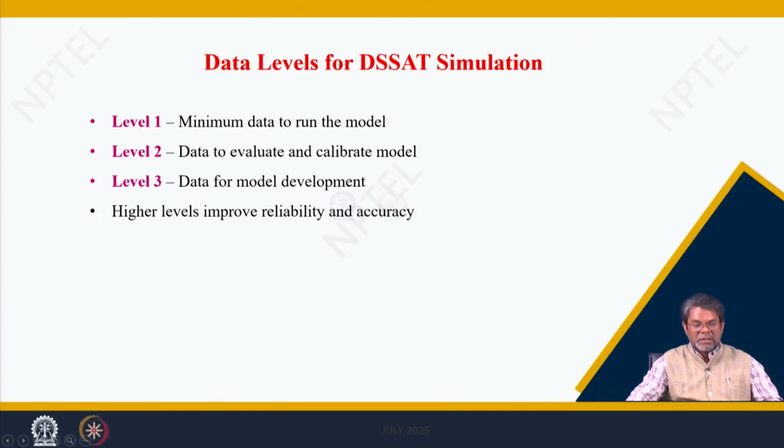In this case, label 3, model development, needs all experimental data, as we discussed in the previous beginning classes. So, depending upon the objectives of the model development, accordingly the hypothesis experiment is established or created to generate data to meet the objective of the model. So, model development is not what we are looking at; this is a scientific goal of crop modeling and simulations. We will be dealing with label 1 and label 2.